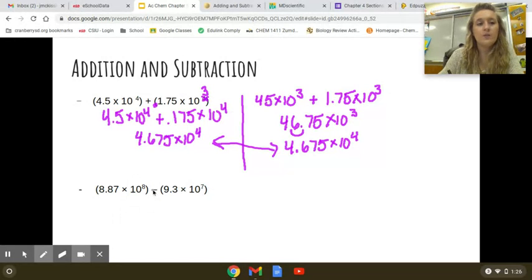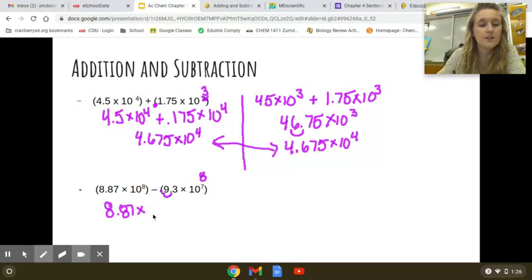Subtraction is done the same way as addition, so we do have to make these the same. We'll do them both ways again. We'll start by making this one an 8 though. So when we want this number to get bigger, our exponent gets smaller. If our exponent becomes bigger, our number is going to get smaller by the same number of places that this moves. So we're going to have